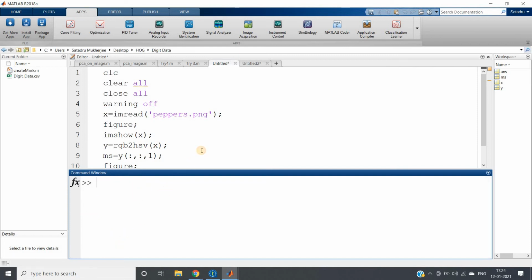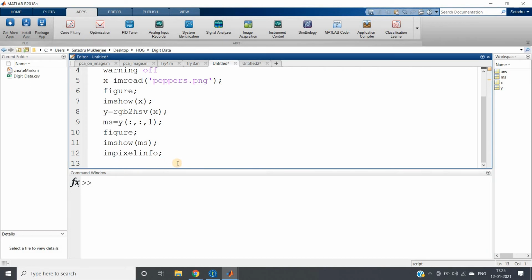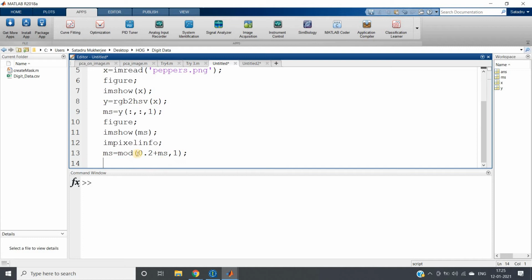That's all. So here we will be doing the same thing. Suppose I add ms equal to mod of 0.2 plus my ms comma 1. Suppose after adding 0.2 with one particular value of ms, we get 0.8.